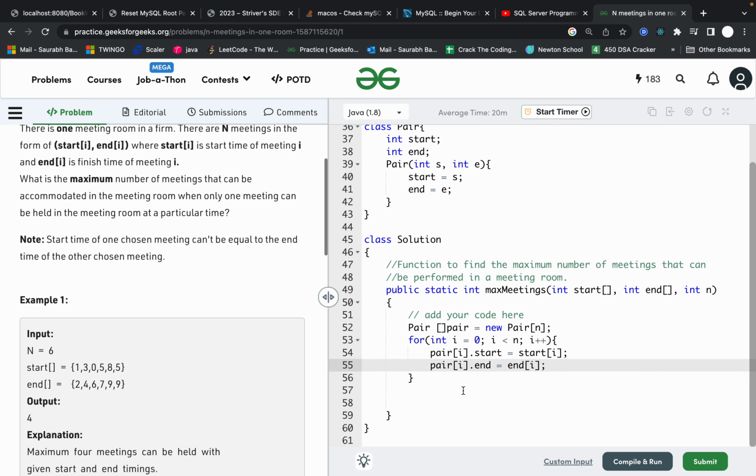So what I am doing here is making pairs and putting them in.